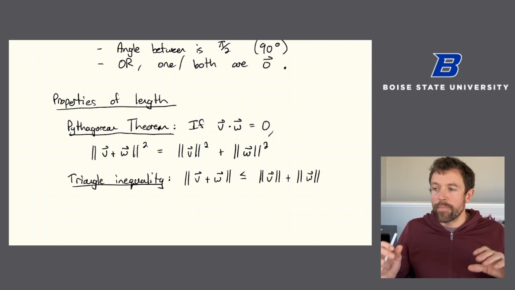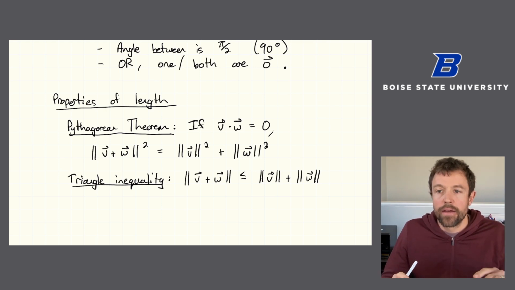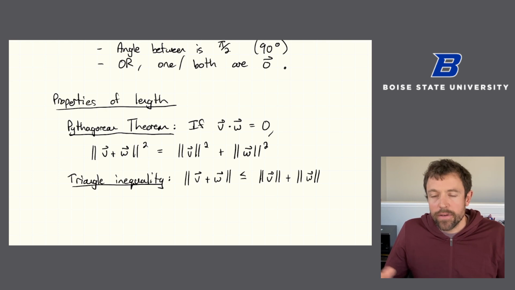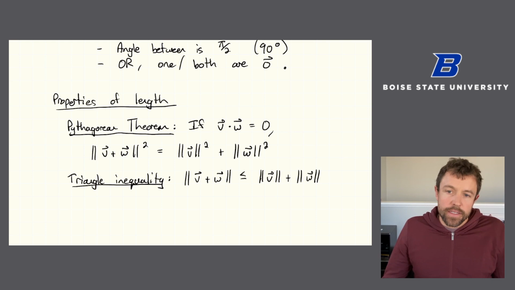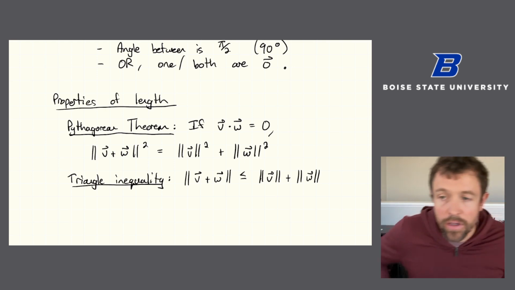Okay, so at this point, I've covered everything I wanted to about length and angle. I wanted to say one last thing, and you can skip this, I guess, if you want. It's not something that will directly apply to anything, but I wanted to give some insight as to why the dot product is connected to the angle between